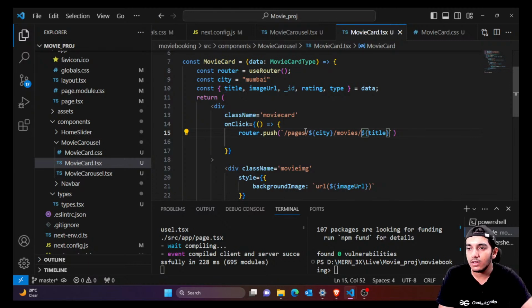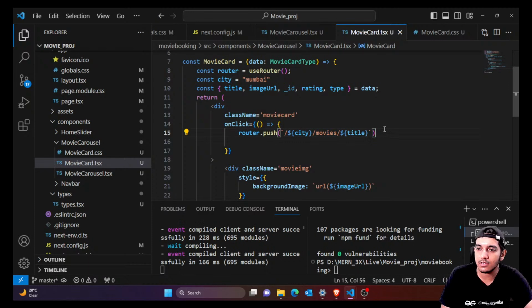Okay, so one more thing. If you don't want to define it inside the pages, that's totally fine. We're gonna define it right this. Okay, so for example, if you are,